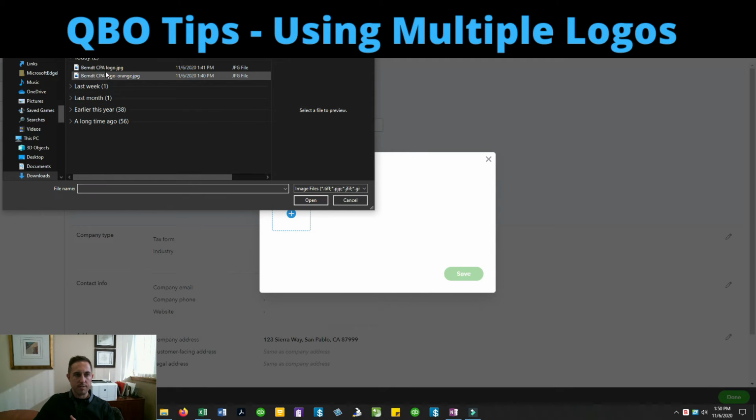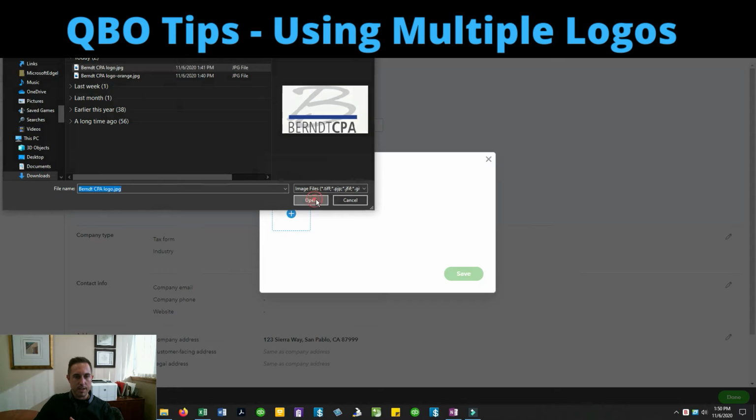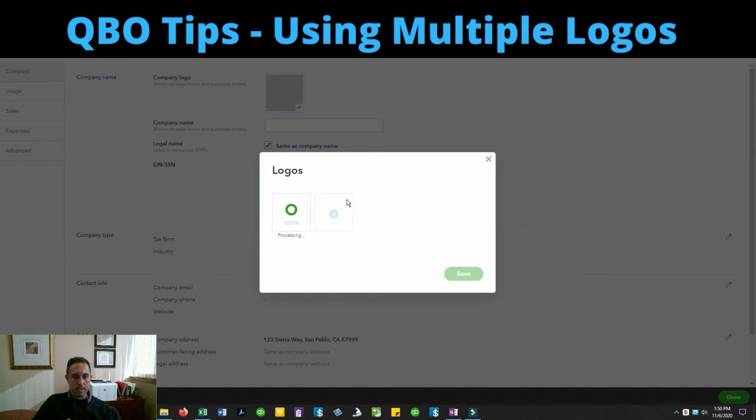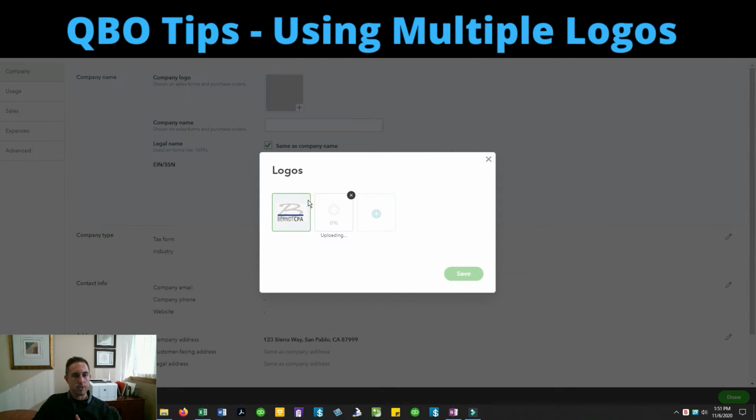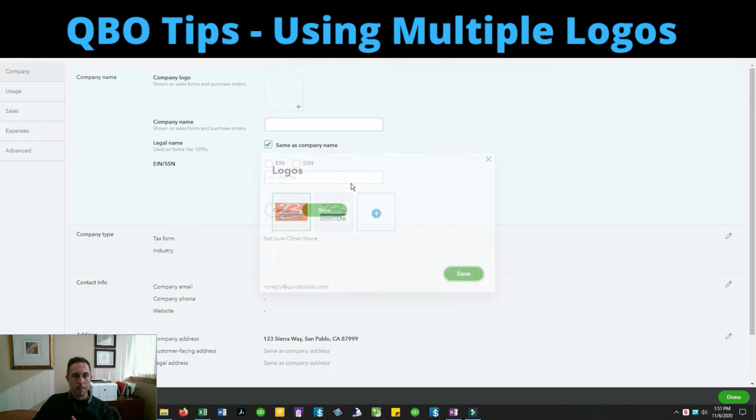Just like adding any other file, you can add a file and it will upload the logo. Once it processes, I can do another one, a little orange one for the season here. Wait for that to process and then we save. Now notice my orange one, that second one, is the one that came up. It's going to default you to the last one that you uploaded. So the most recent logo is going to be your default one.